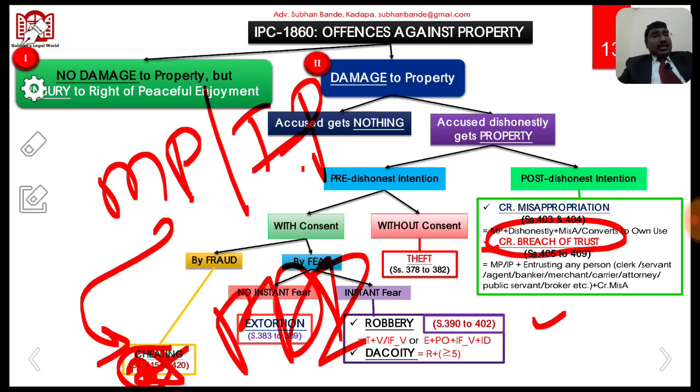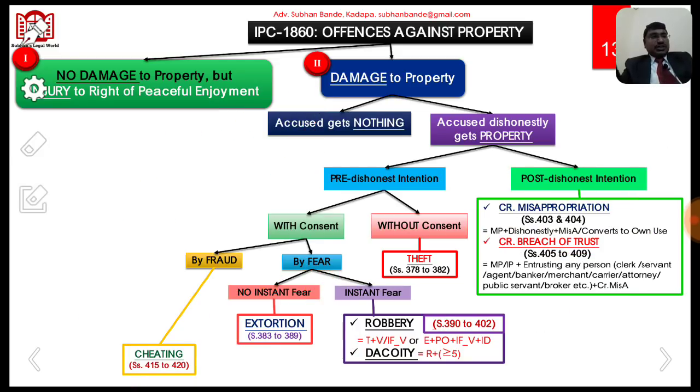The difference between criminal misappropriation and criminal breach of trust is just this one. Here the victim in criminal misappropriation gives certain property to the accused. Here the accused receives such property not as a trustee. The victim is not entrusting any property in criminal misappropriation. But in criminal breach of trust, the victim entrusts